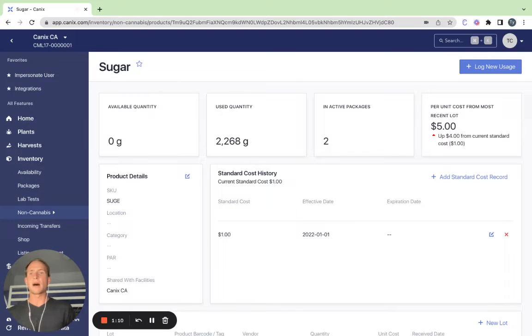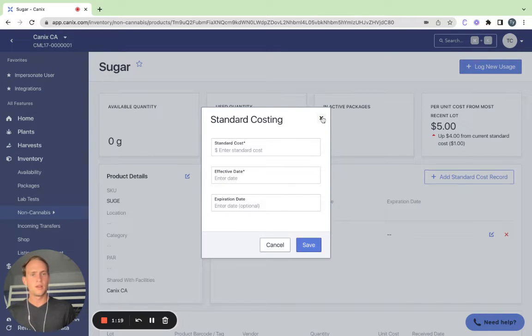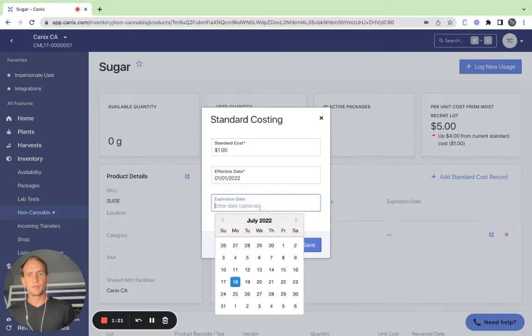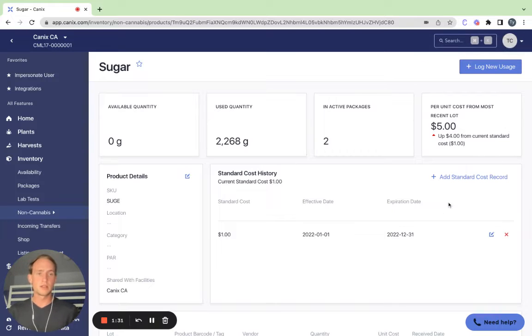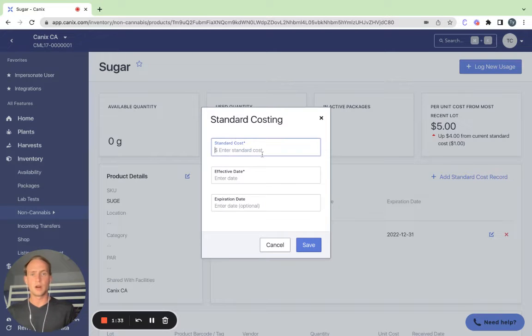Another way to go about this is to actually hop into the details page of a specific item, and you can see the entire history of your standard cost here. So let's say next year we want to update the standard cost, increase it a little bit for inflation, or a vendor changes the prices. We can set an expiration date for our original cost and then create a new cost